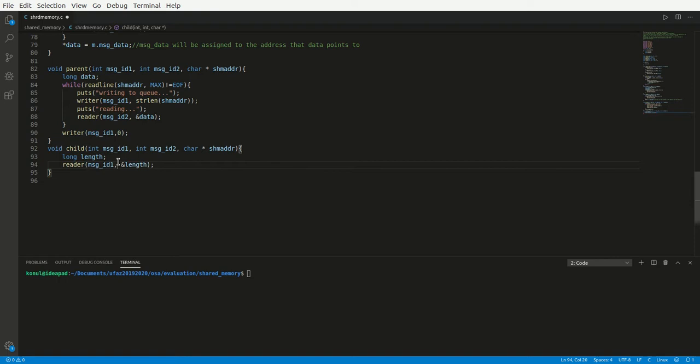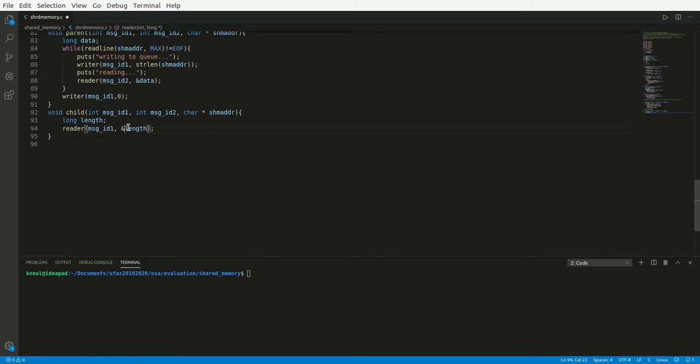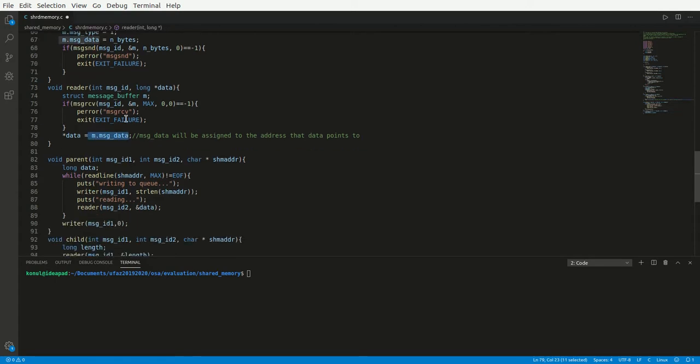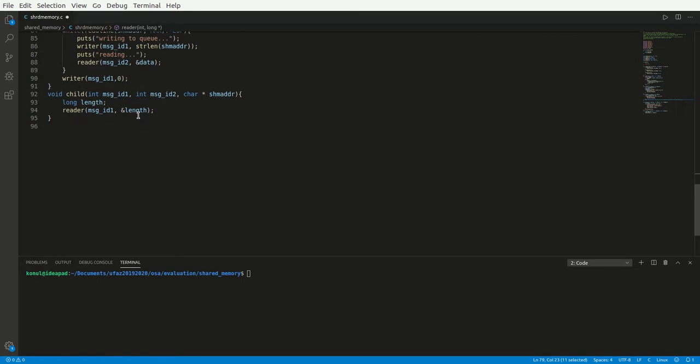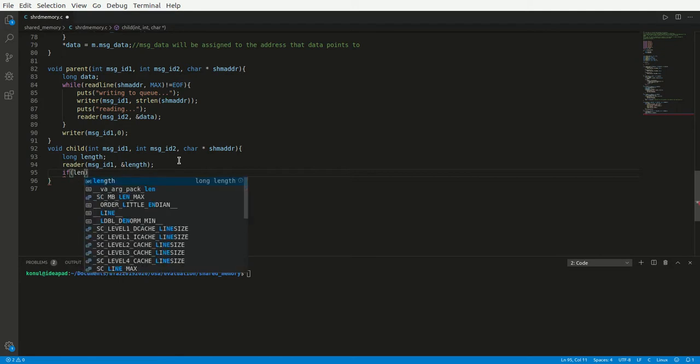As you see here, the reader function is gonna store the data in here, which points to the address of the length, and in that address we will assign the message data in the message queue. And it is the length of the data that's stored in this SHM address. So it reads, and if length is greater than